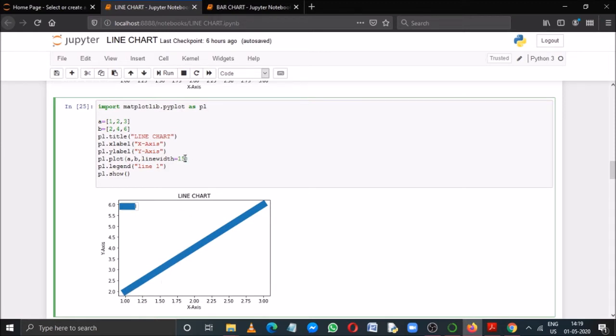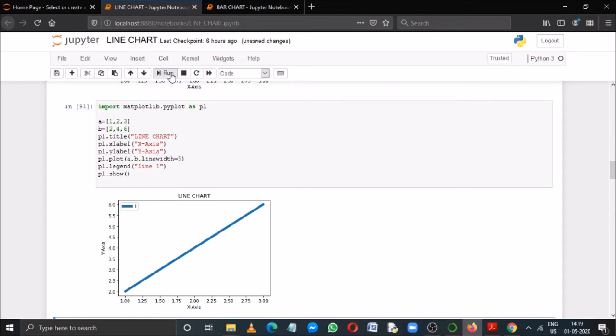Now suppose if you make it 5 and then if you run it, you can see that the thickness will be decreased. So like this you can always change the line width of a line chart.